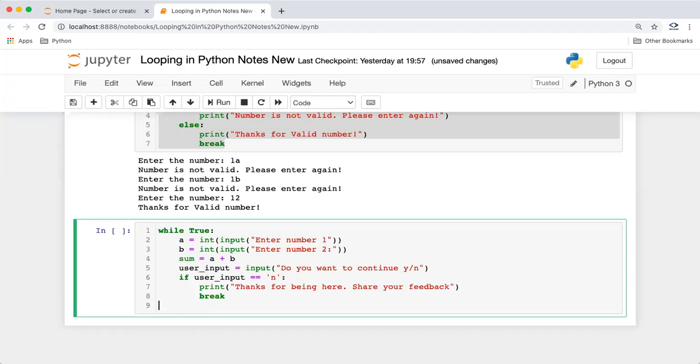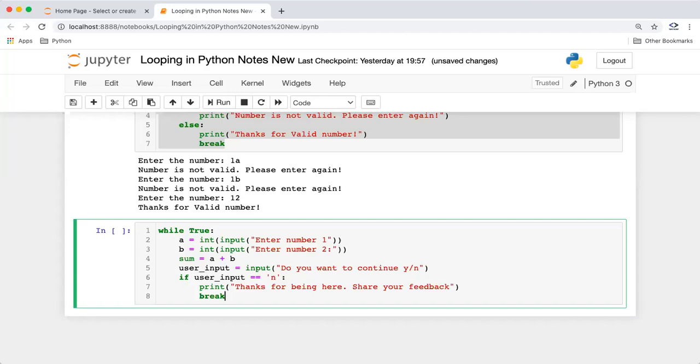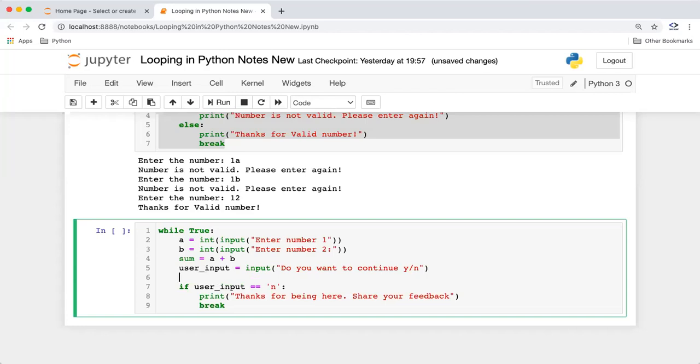By default, we know if user entered yes, it will again show the menu, right? But let us suppose the user has not entered yes or no. So what will we do? We need to check if it's an invalid choice, right? So if the user entered an invalid choice, what should we do in this case?